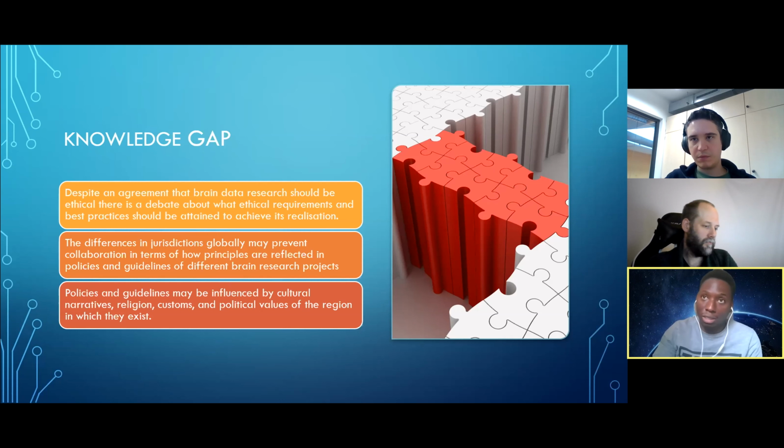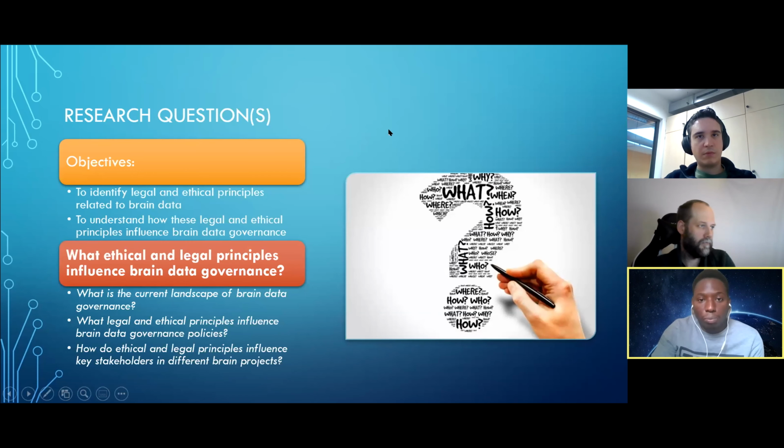For some policies, you might see religious concepts, and for some regions there is no clear, for example, animal rights law, so they can use animals in research without complying with the ethical principles. Then policies and guidelines may also be influenced by the cultural narratives, religion, customs and political values of that region. So using this knowledge gap and trying to bridge it,